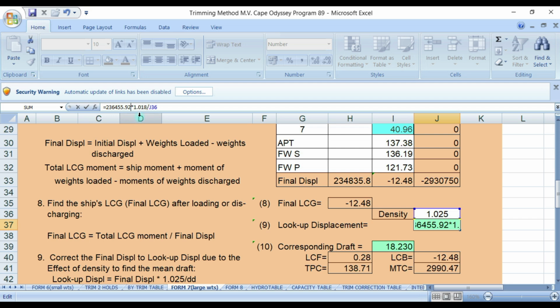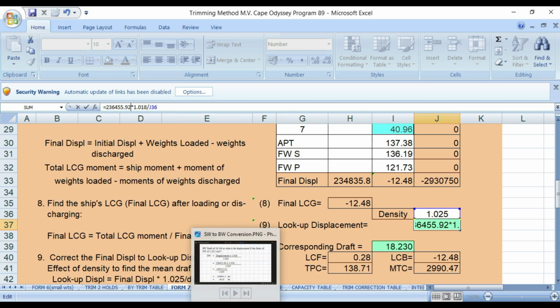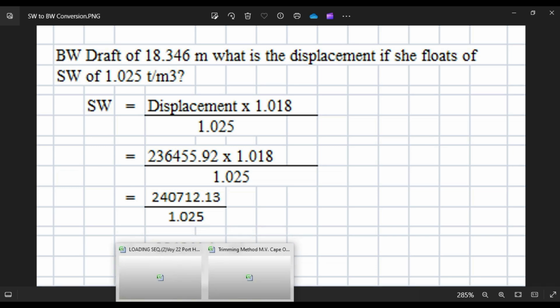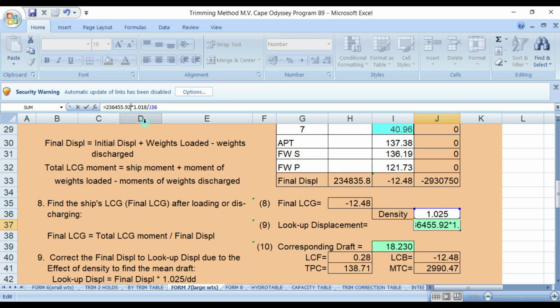So there you get 23645.92 times 1.018 over 1.025. Got the formula, guys? So 23645.92 times 1.018 and over 1.025, which is this one. Then we press enter, and the exact value for the salt water is 23484.1.